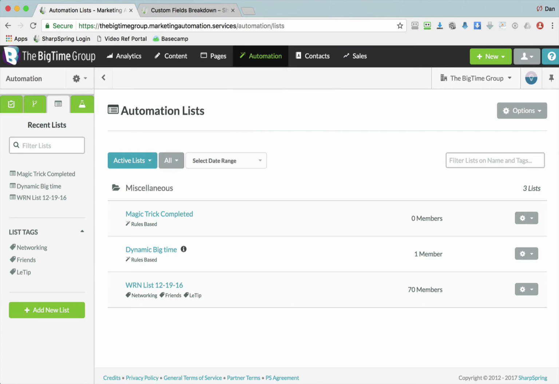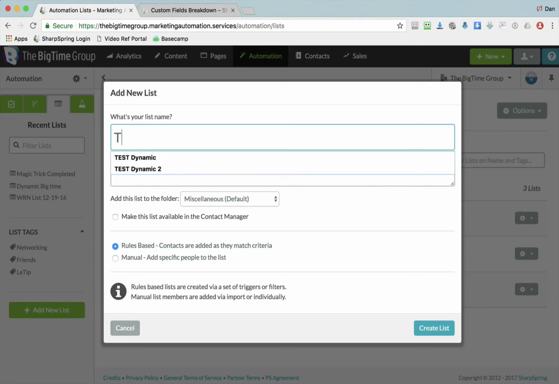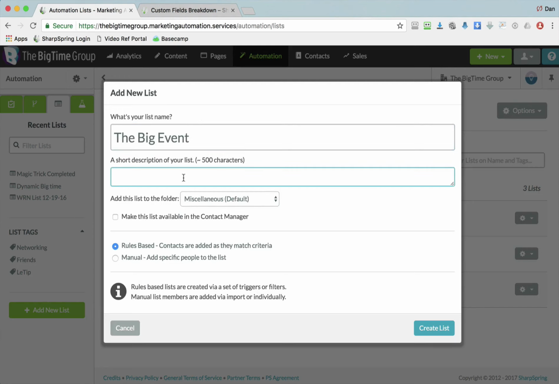Let's take a look. To begin, you go over to the Options button and you click New List. Give it a name. And then you might want to put a description of what it's about. Hopefully you'll end up with lots of lists and you want to keep them all straight. Now we haven't created any folders yet, so we'll leave that alone, and we want this available in the contact manager. As I said, this is a rules-based list, so we'll leave that like that, and then we'll click Create